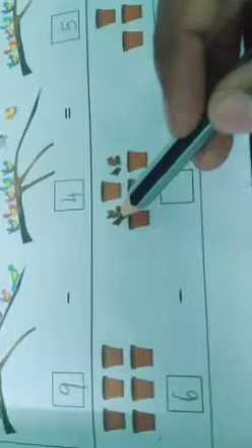You just count and write the objects. How many pots are there? 1, 2, 3, 4, 5, 6. 6 minus. How many pots are broken? 1, 2. 2 pots are broken. So 6 minus 2 equals remaining how many? 1, 2, 3, 4. Okay, well, this is the subtraction.